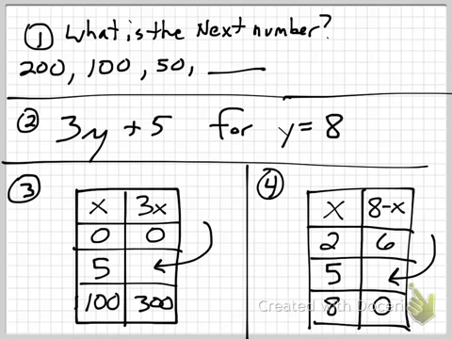This is your quiz. The answer to number 1 is 25. The rule: start with 200, divide by 2 repeatedly. Number 2,